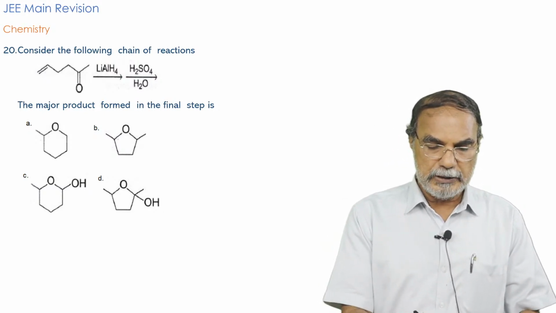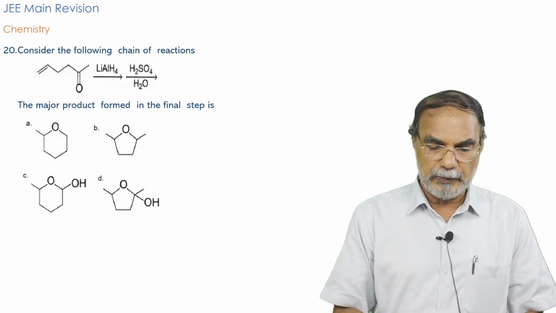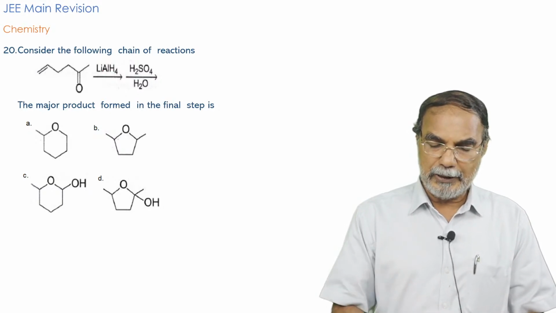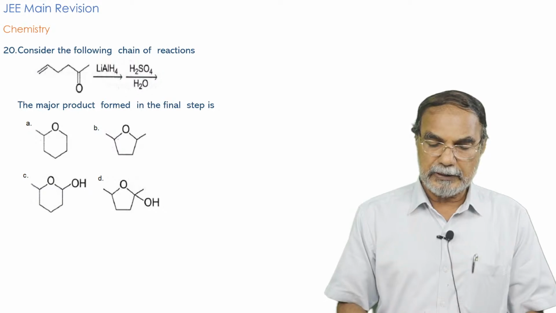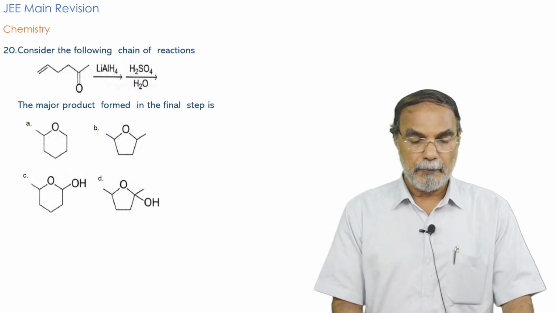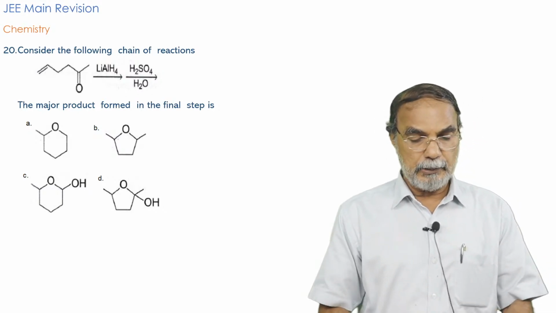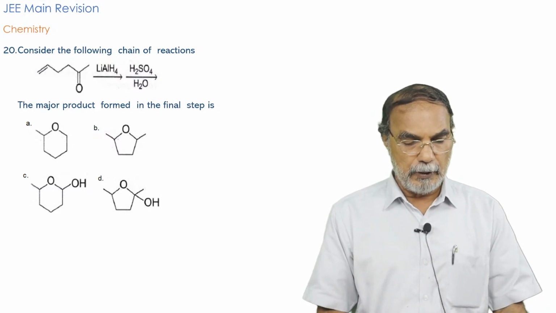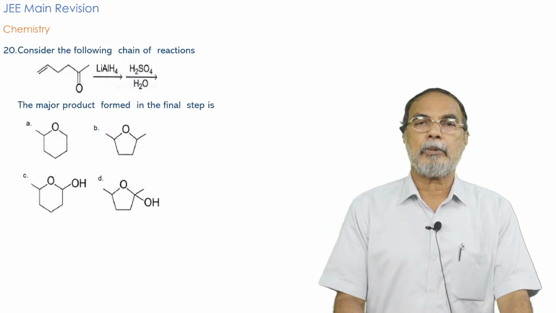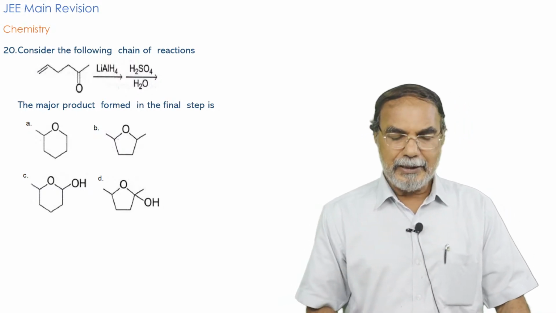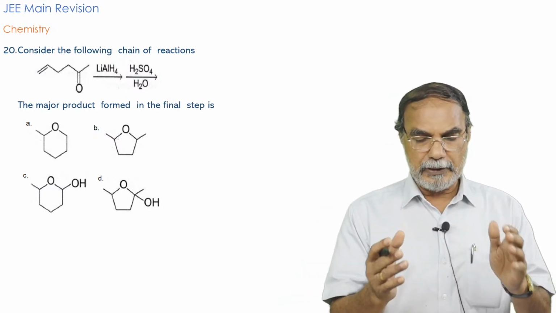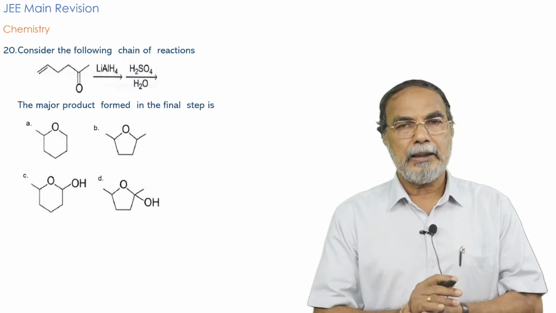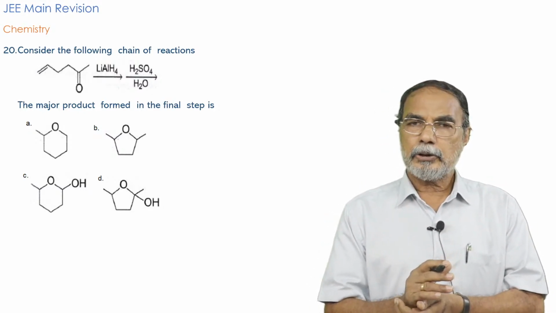This compound is subjected to a reduction by lithium aluminum hydride. You have a product which is subsequently treated with an acid, sulfuric acid and water. And what is the speciality of the lithium aluminum hydride on this particular substrate? It's a compound which contains the double bond and you have the carbonyl group, right? And I have told you several times that lithium aluminum hydride, though a powerful